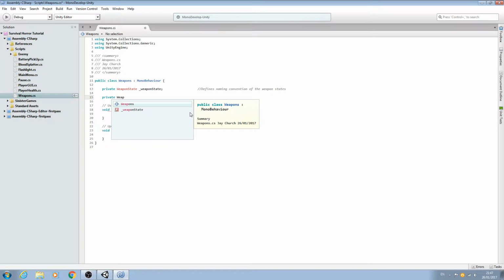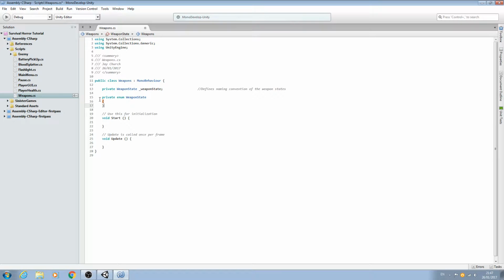And we actually want weapon state again. We don't want the underscore. It needs to be the same naming convention here and here. And that should have been of type enum. Apologies for that. So private enum, weapon state will open and close. And we'll come inside the brackets. So the first one is going to be unequipped,